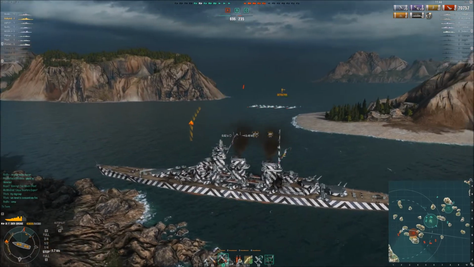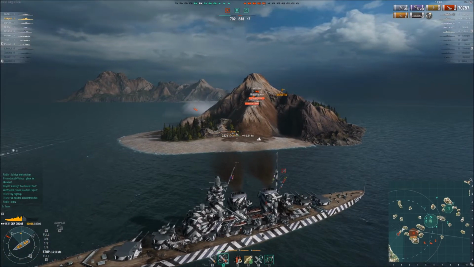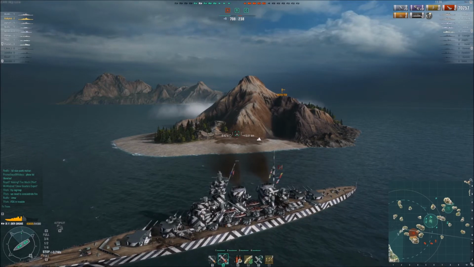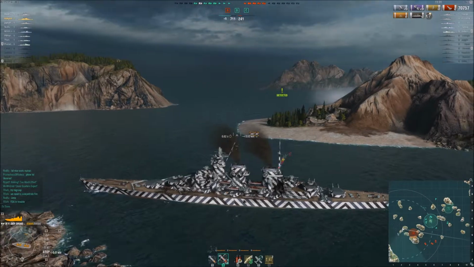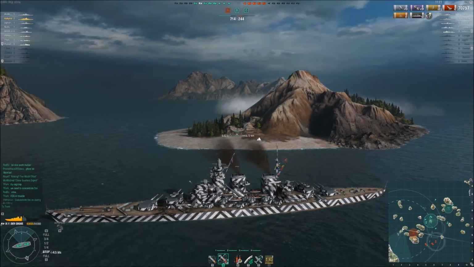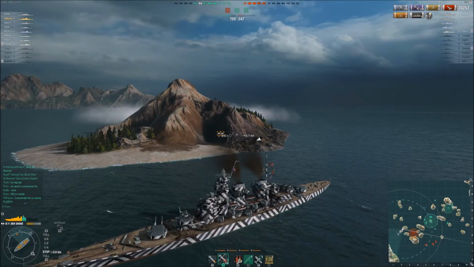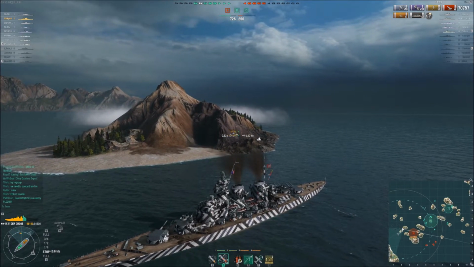But anyhow, the Missouri is a reskinned Iowa. And just like the North Carolina and the Iowa, they have very thin sides. So they can absolutely be citadeled from the side very easily, especially with these massive guns that I have. They don't even have to give me a flat broadside. I can get a pretty decent broadside and still punch right through their armor. But right now,